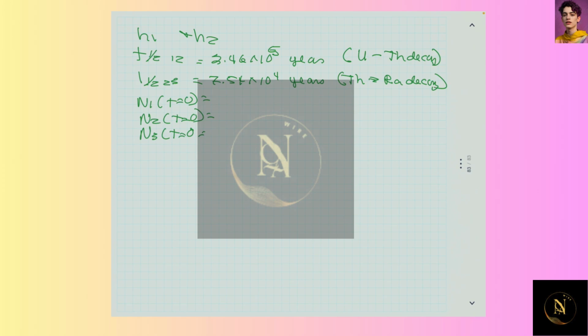And this is the initial number of uranium nuclei. This will be thorium, and this will be radium. Okay. So we're going to use the initial condition of N2 at t equals 0, and then we're going to plug these into our equation. So N2